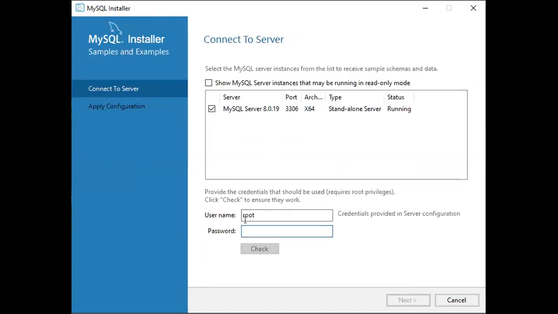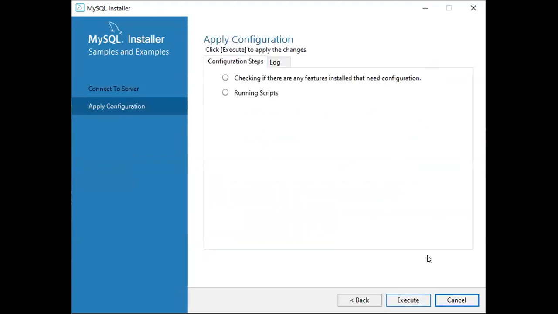What is the root password? You give the password here. Okay, then check it, so it will verify, yes, correct. Then click on next, execute. So it will finish your execution. Okay, running scripts, all the documents and examples will be copied, right? So this will finish your MySQL installation.